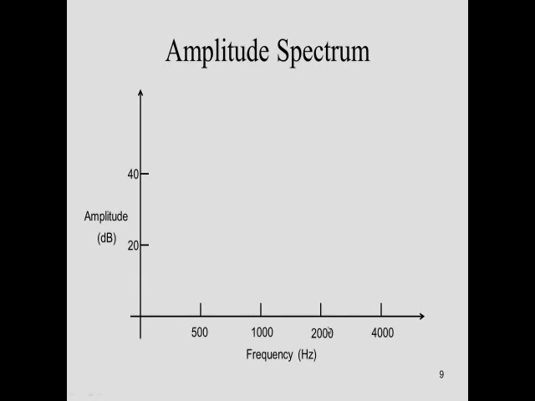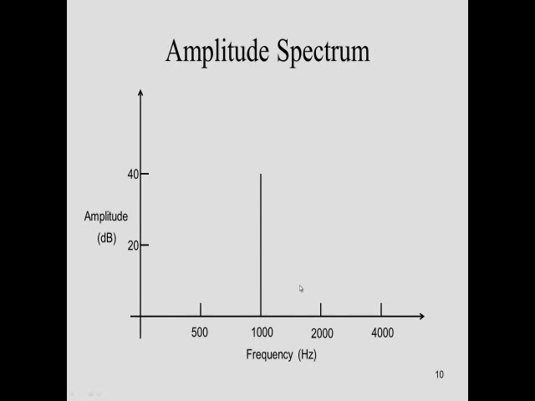So with an amplitude spectrum, what we're going to get is an idea or a measure of how much energy there is distributed across frequency. In the simplest case, we would have a pure tone stimulus with some specific amplitude, and you would picture that in the following way: a straight line at the frequency at which the energy is contained. And so here we have a 40 decibel pure tone at 1,000 hertz.